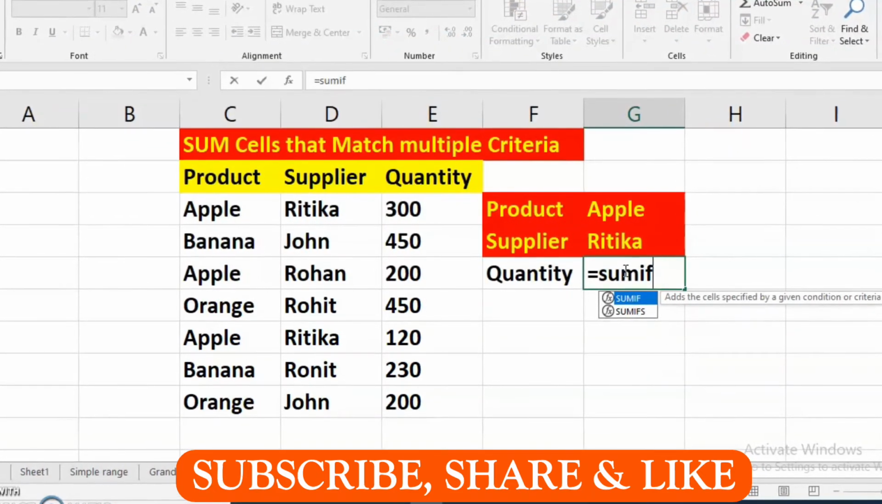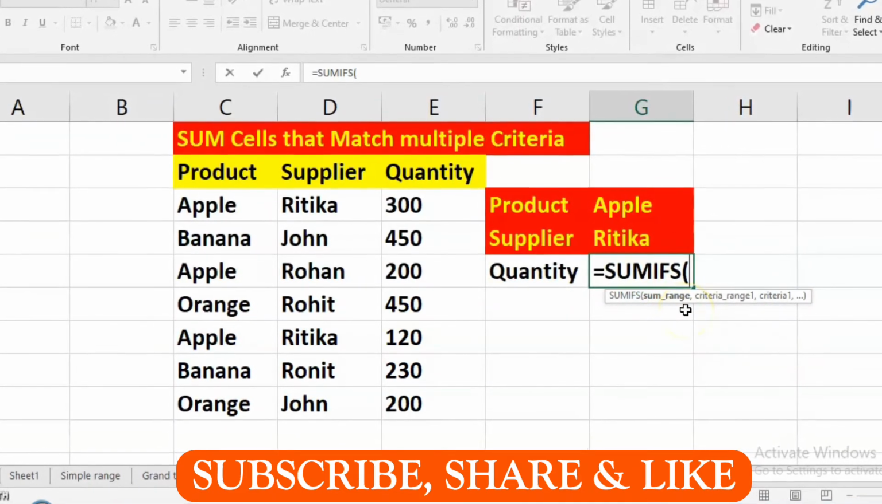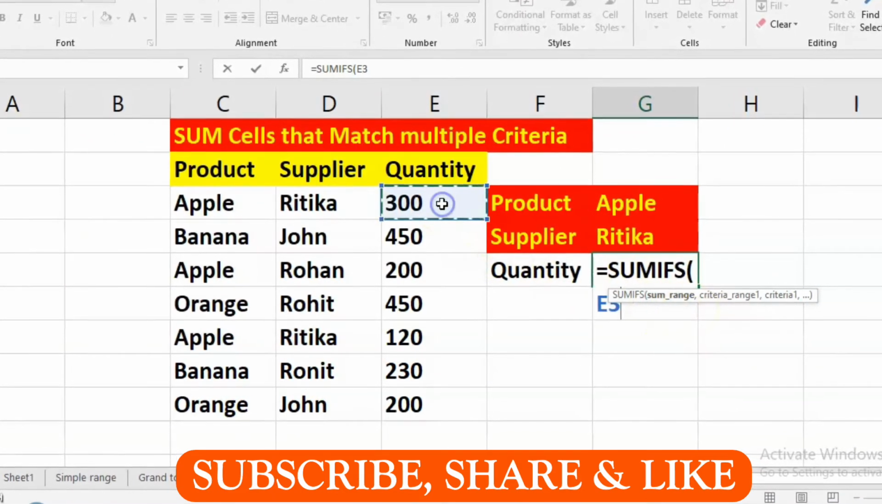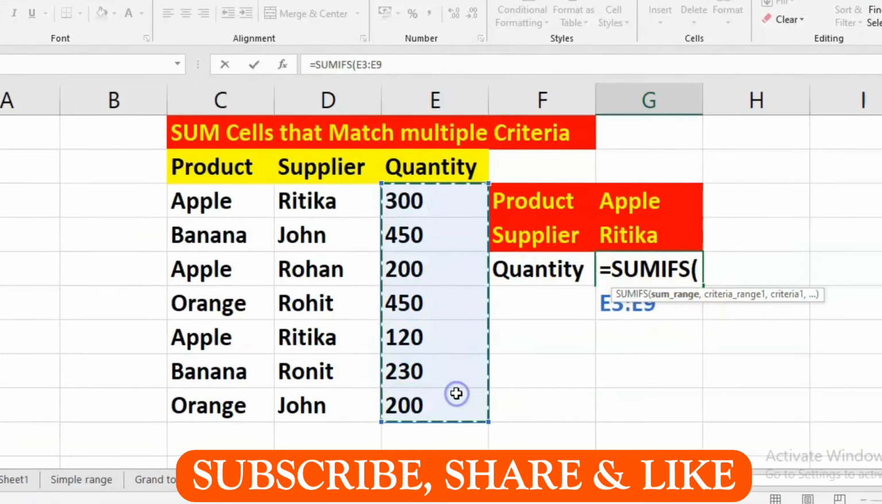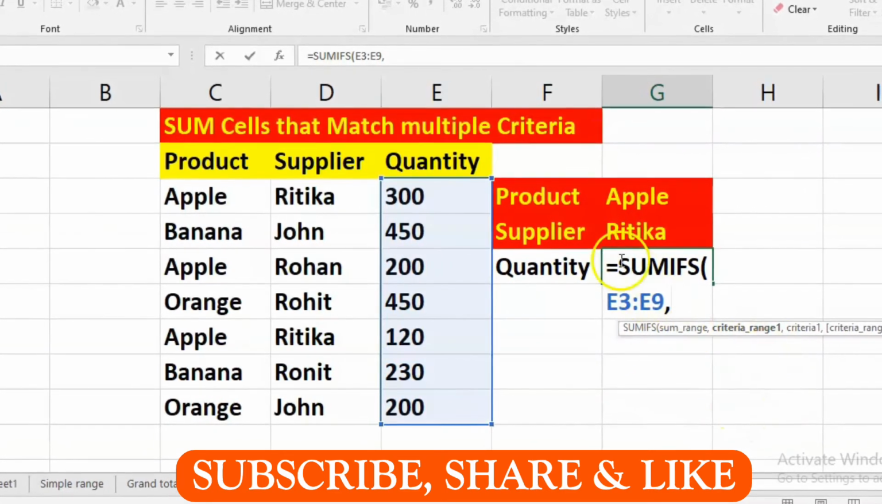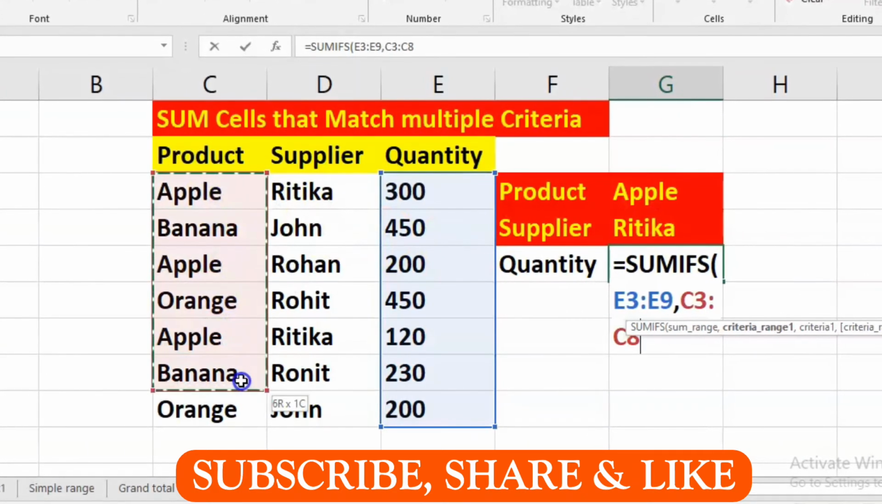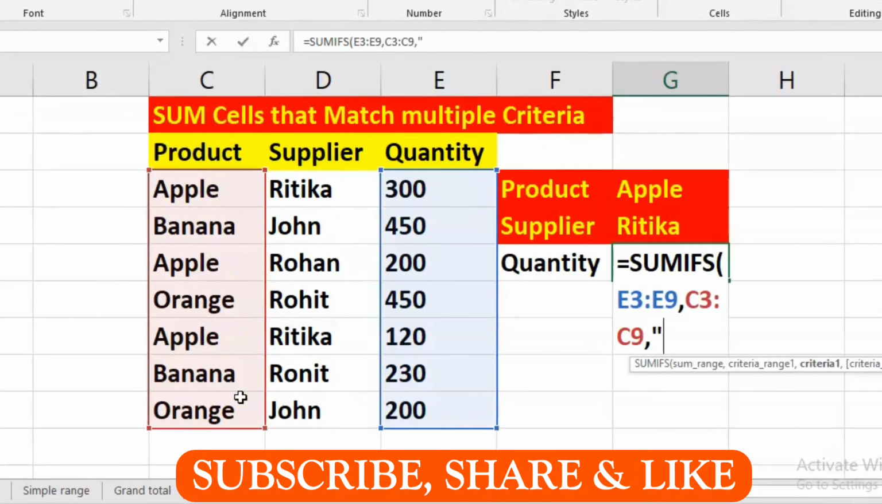How to use sum ifs function? Equal to sum ifs, press tab key, first sum range. We have to do sum of quantity. Select this range, comma, criteria range 1. First criteria product apple and range. Select this product list, comma, criteria apple,